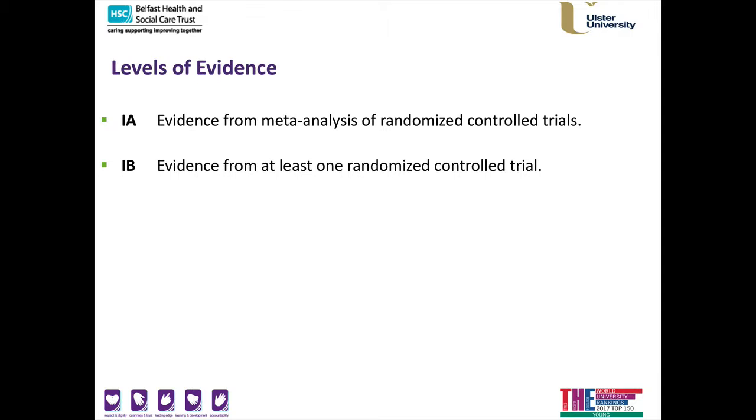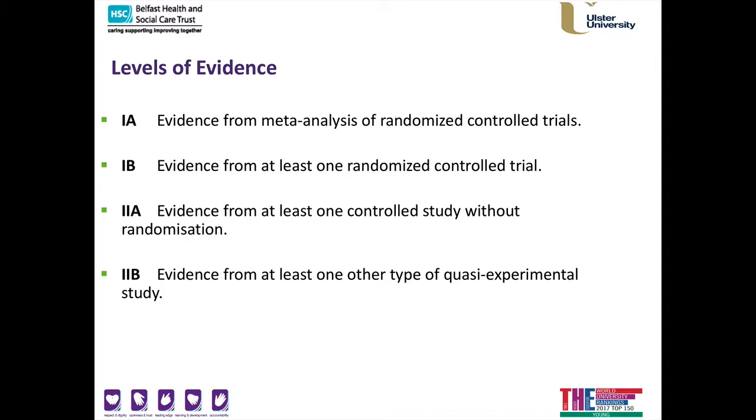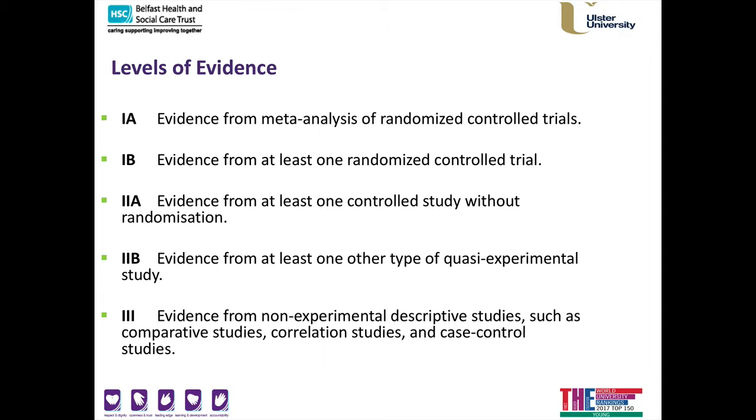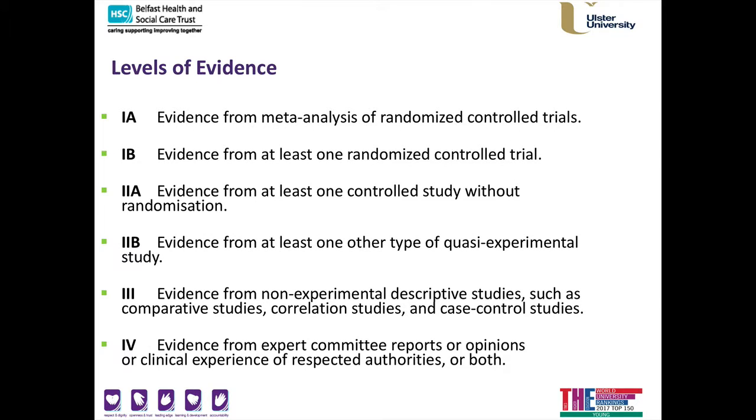and if we revise levels of evidence again, which you need for some of your other modules, really meta-analyses or at least one randomized controlled trial is good quality level 1 evidence. If we look at controlled studies, or at least other types of quasi-experimental evidence, this is grade 2 evidence. And then evidence from non-experimental descriptive studies, correlation studies, comparative studies, case controlled is level 3. And then clinician opinion or expert opinion is level 4 evidence,